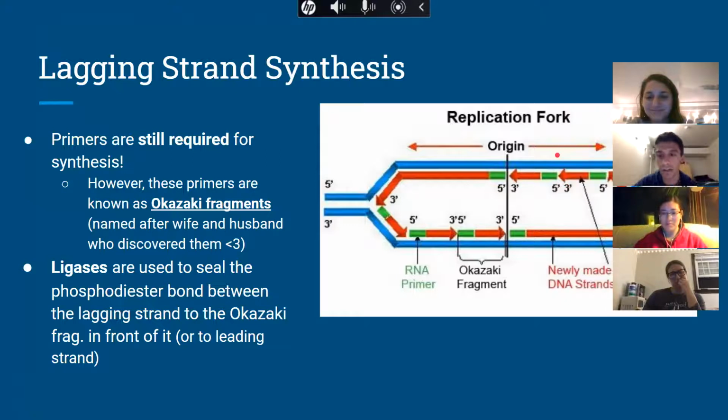So again, we already talked about it a little bit. The primases are going to jump back a little bit and make a little template. They're going to jump back again, I don't know how many nucleotides, maybe 1,000, I don't really know, and make another primer, jump back, another primer. And then